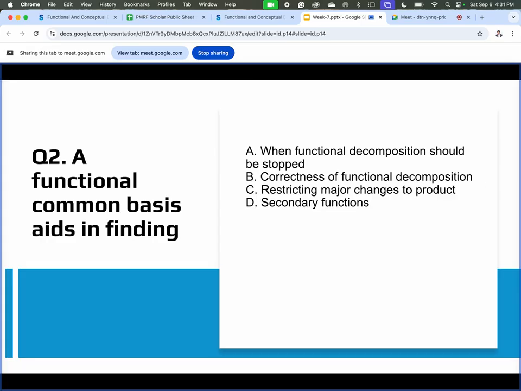If we break them down too far, the process becomes unnecessarily complex. So with the functional common basis decomposition, the stopping point is usually when sub functions are customer driven, measurable,